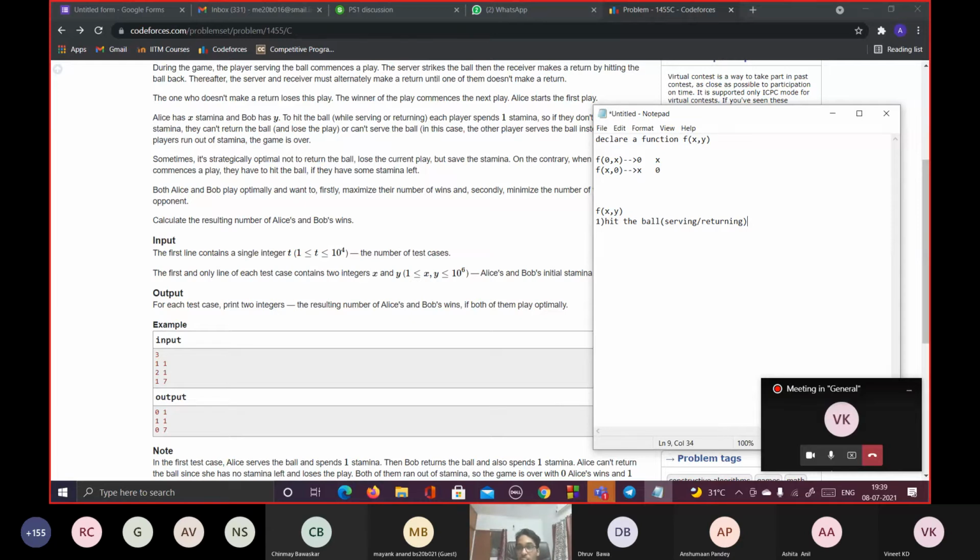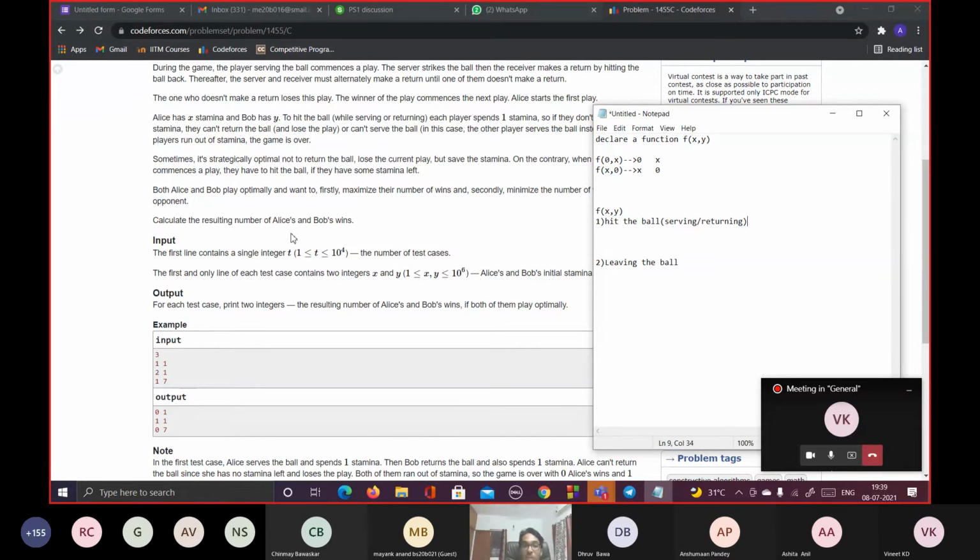So that is one of the choices he has, or he has another choice of just leaving the ball. This is at any instant of the game, at any X and Y stamina, not scores, stamina. So when he leaves the ball, it's pretty simple. He loses that point, but he maintains his stamina overall, so a win will be going to the opponent person. So it's more of a gamble he has to make between these two choices, saving stamina or actually returning the ball and trying to win.